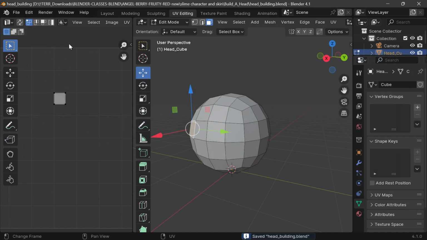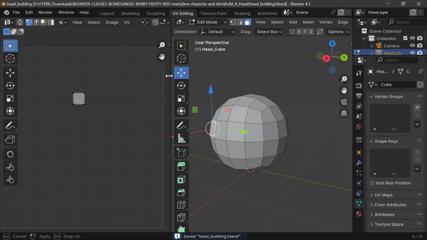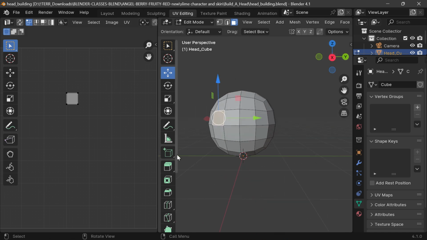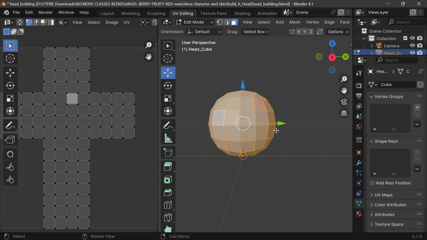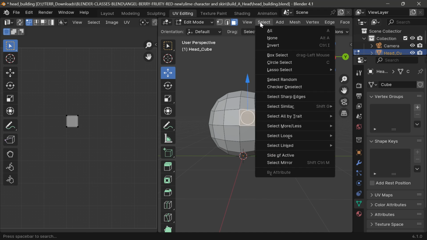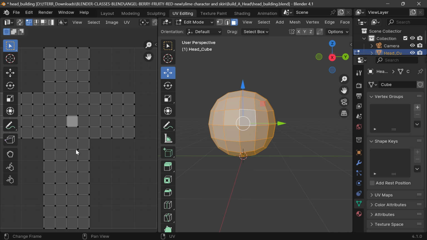And then what's also really important is if you don't have your object selected, you could just go select all, hit A. Then you don't see your polygon or your UV faces. So hit A and select all. And now you can see them, but we want it to stay on so we can pay attention